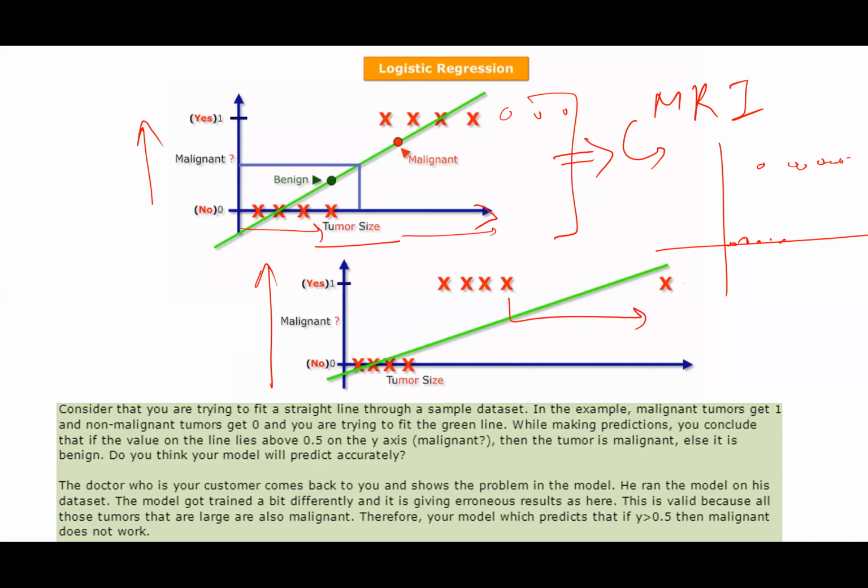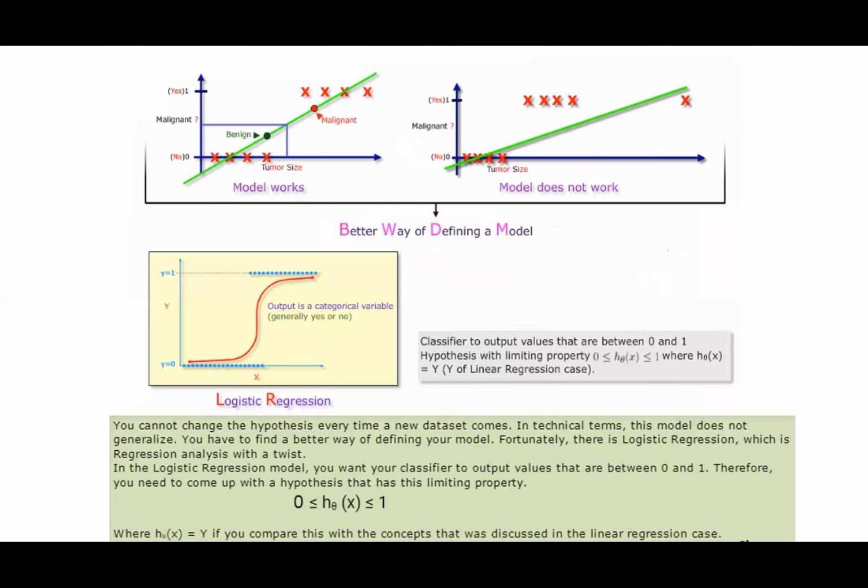Suppose in the data there is one tumor which is very big in size, right? And I fit a linear regression to this kind of data distribution, so I will probably get a line like this. Suppose the cutoff is somewhere here. According to this linear regression, all these points are categorized as non-lethal, because all the points below this will fall into one category, and these points can be left out. If I decide at 0.5, I'll get 0.5 somewhere here, but actually these tumors can also be very lethal, and I'm not able to capture this phenomenon in my linear regression model, right?